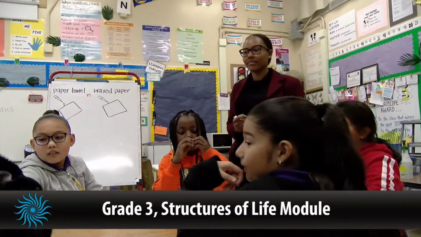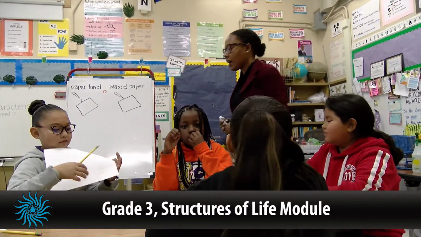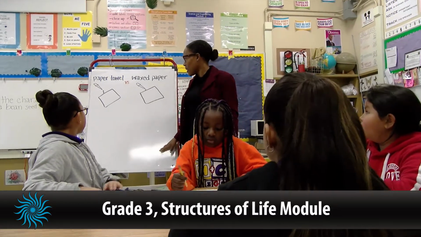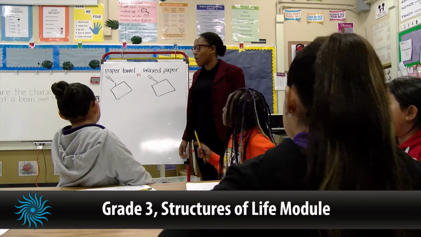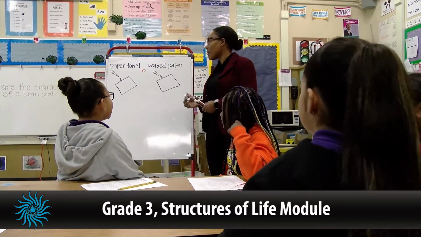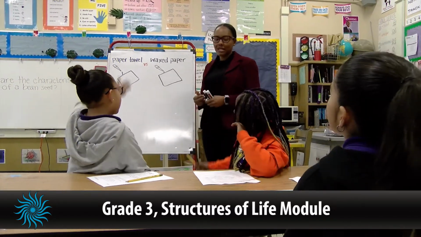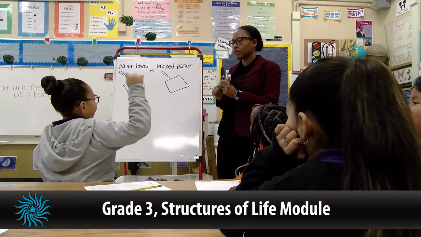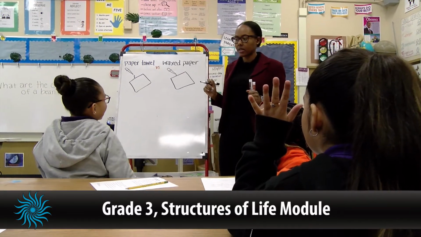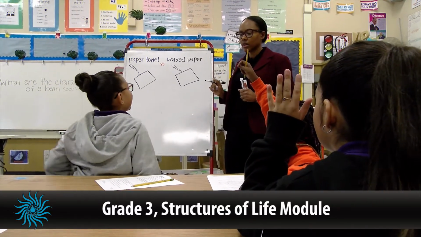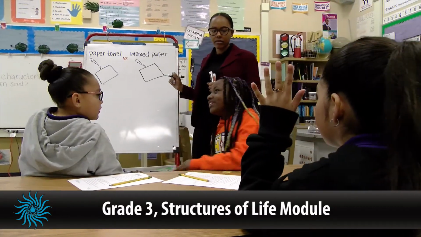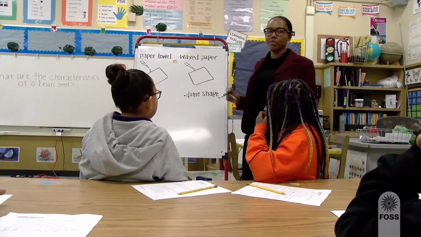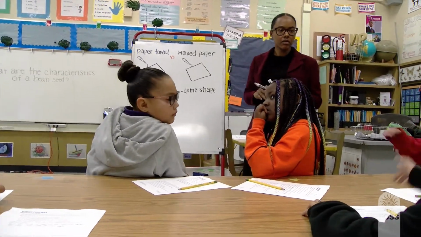Here, a teacher works with a small group of students to revise their thinking about water on different surfaces. Remember when we did this activity where we used the droppers and we dropped water on 4 different surfaces? Yeah. What happened when we dropped the water on wax paper? It went down. If we put a lot of drops, it went down. When you just put a couple, what happened? It goes down. If you tilt it, it goes down like a slope. If you don't, it just goes into a dome shape. Or did we put a drop on the wax paper or the foil? It would